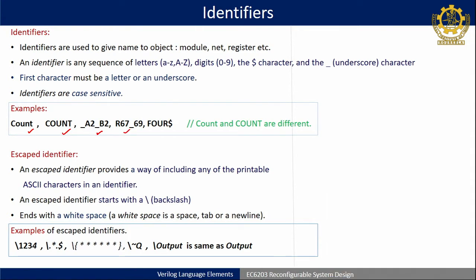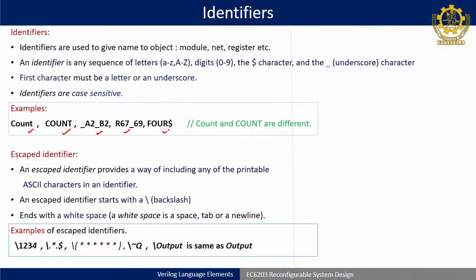Underscore sometimes we give to make it more readable, to differentiate if there are long identifier names, but mostly underscores are ignored. These are there for better readability. There is also the dollar rule. You can use dollar, underscore, alphabets, and alphabets are case sensitive. Like this you can give accurate identifiers which suit your engineering design.